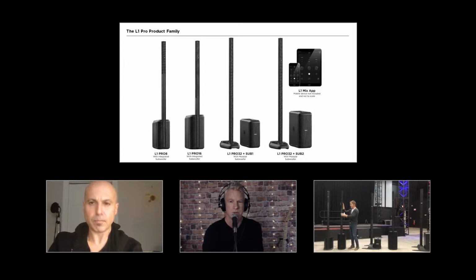So as far as the carrying experience, we've got 3 pieces: the mid-high array, an extension, and the power stand, which contains the subwoofer, as opposed to 4 pieces of the compact array. With the compact, we've got the mid-high array, 2 extensions, and then the power stand. You'll notice that